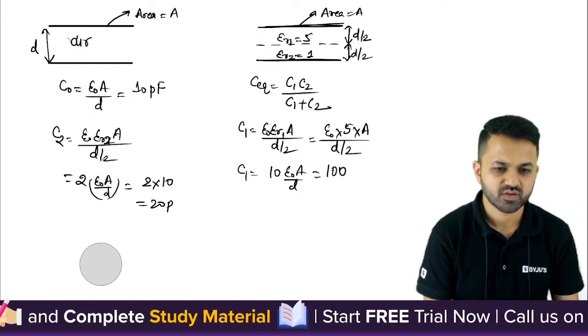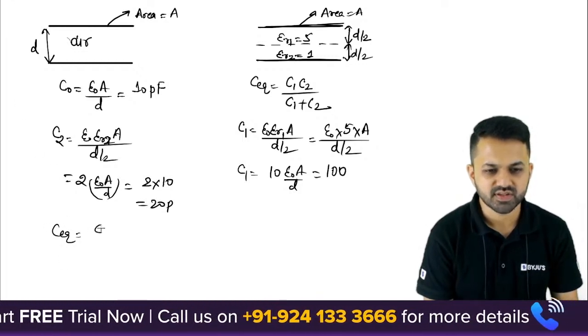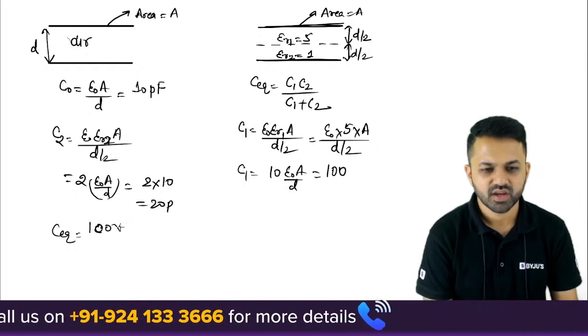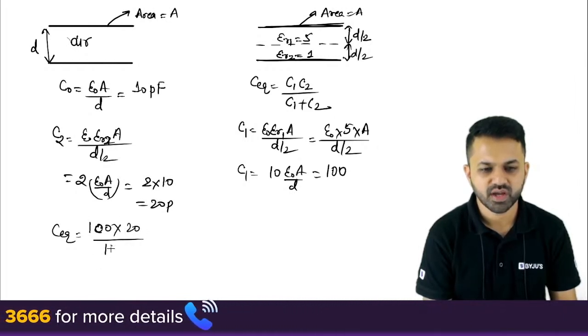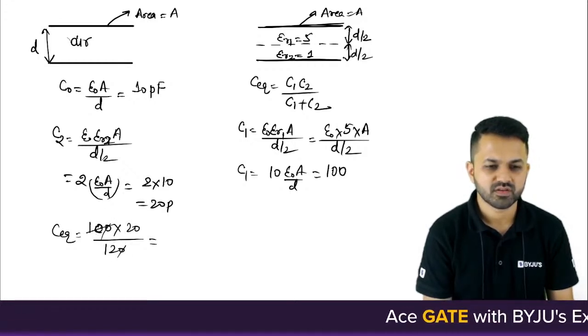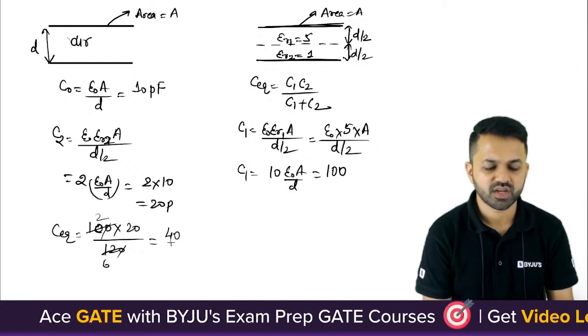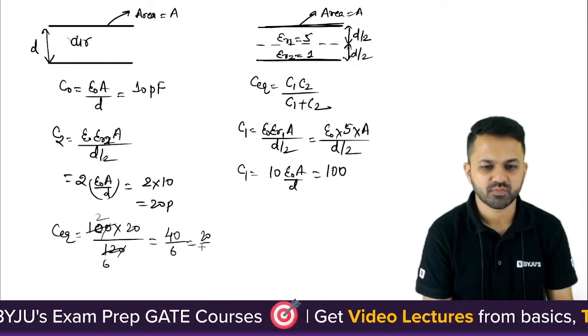एक यहाँ पे देख लो, C इक्विवेलेंट इज C1 C2, तो ये हो गया 100 इंटू 20 डिवाइडेड बाय 100 प्लस 20। तो यहाँ से हमारे पास ये जीरो कैंसिल हुआ, और ये कैंसिल हुआ, तो हमारे पास आ रहा है 40/6 यानी 20/3।